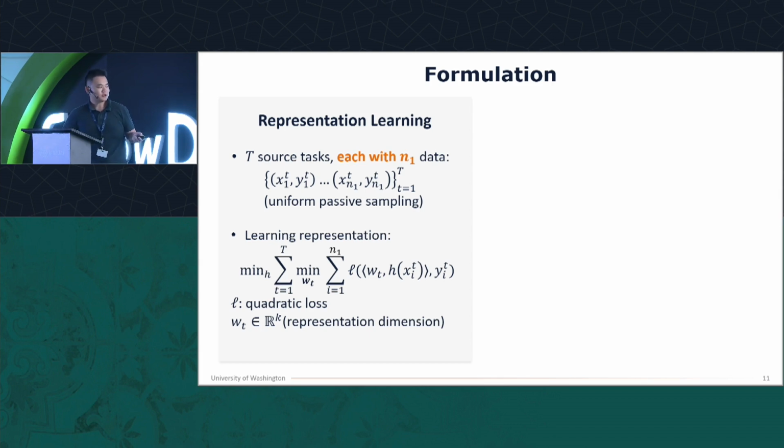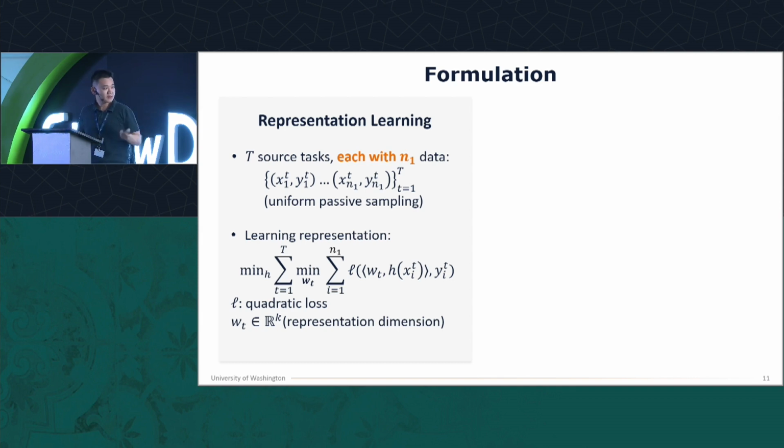K is the dimension of the representation. You try to solve this objective function where you have some loss. Let's say for today, we'll focus on quadratic loss. Your prediction is the inner product between the linear predictor W_t for the small t task and this representation, which maps input x_it to a k-dimensional vector. And this loss measures how well you predict on this particular data. For today's talk, we will not discuss optimization. We will assume you can solve this problem using whatever algorithm, like gradient descent, and then we will analyze the solution of this